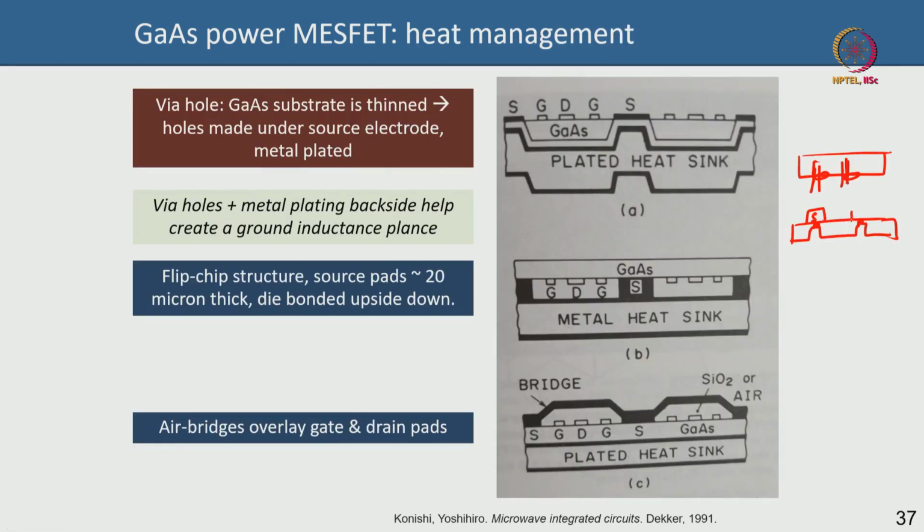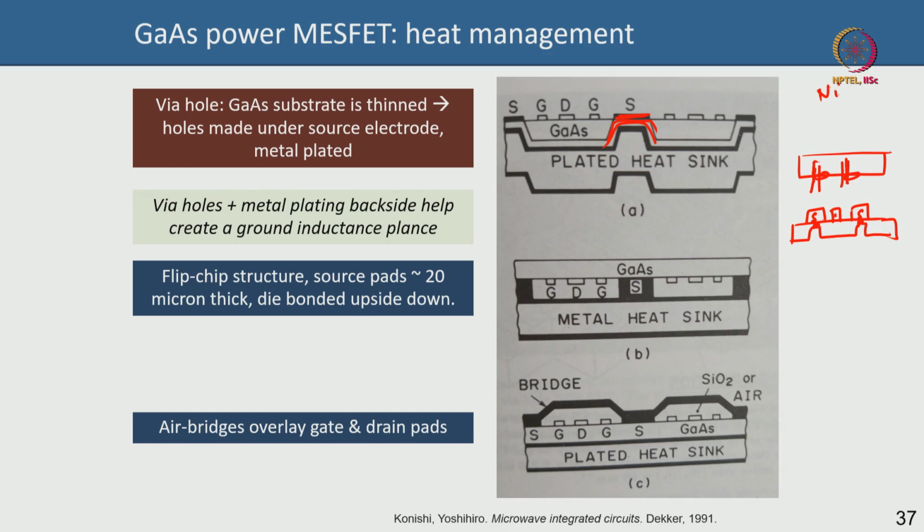So, this is your source pad, drain could be here, gate could be there. So, you can say the source metal, you drill the hole in the gallium arsenide substrate so that you expose the source metal from the back side, then you fill it up with metal, and this metal, for instance, could be nickel. You can do electroplating of nickel, okay,